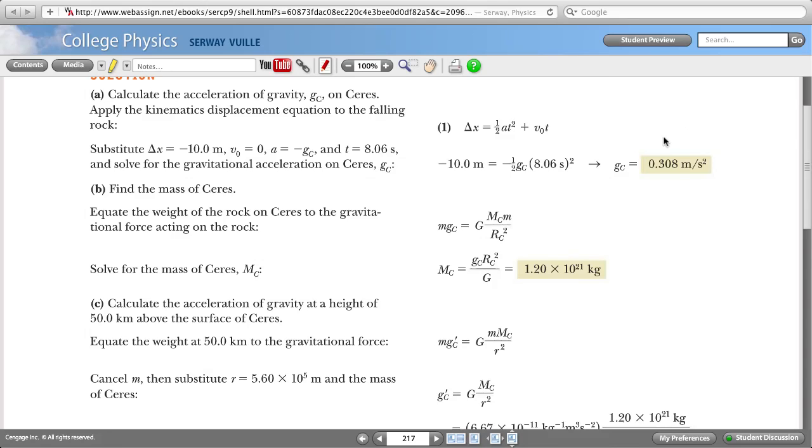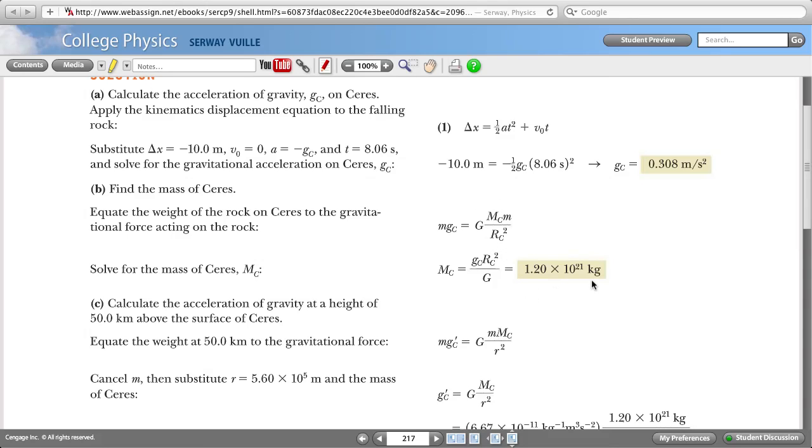Well, now that we know the gravitational acceleration of Ceres, we should be able to find other things that we need to know. For example, we should be able to find the mass. This g here is little g, and so we should be able to find the weight of something on Ceres. And then also we set that equal to the gravitational acceleration on Ceres, G times big M of Ceres times little m of our object divided by the distance, or by the radius of Ceres, which is the distance between them. And when we do that, we actually are able to find the mass of Ceres, solve for the mass of Ceres, because everything over here we know except for the mass of Ceres,